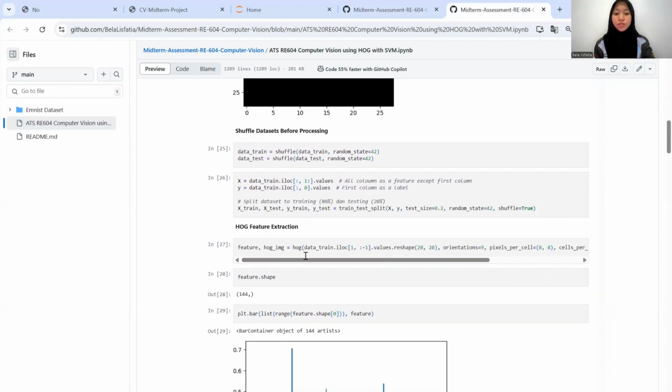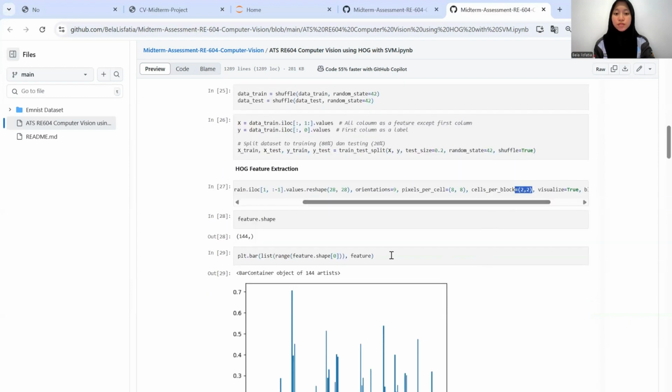Next, use HOG feature extraction to identify the edges and texture of the image. We set the parameters for 2 dimensions, where the orientations are 9 and pixels per cell is 8 by 8, and each block has cells per block of 2 by 2.